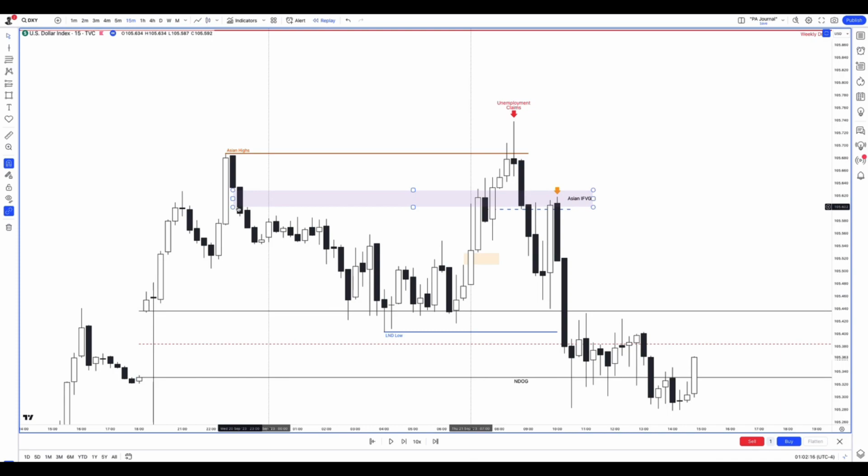When I pick my Asian inversion fair value gaps, first of all, I like to do it at the extremes of the price range. So this is the price range here. That was the intraday range. Whenever I pick my inversion fair value gap, it is at the extreme of the range, which is here. So we hit this new day opening gap, we consolidated, we had SMT divergence, we impulsively broke away, which broke this and seeked this.